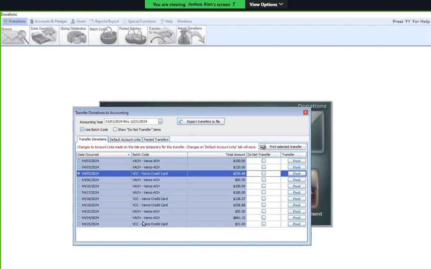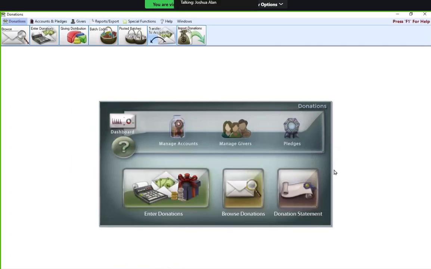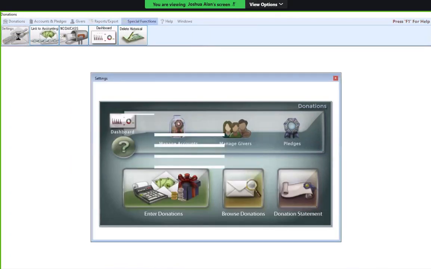So whether you're considering importing or manually entering this, it doesn't matter. It still can prove to be helpful. And what it's talking about there is if we go up to special functions, settings in the upper left, right down here in the bottom,